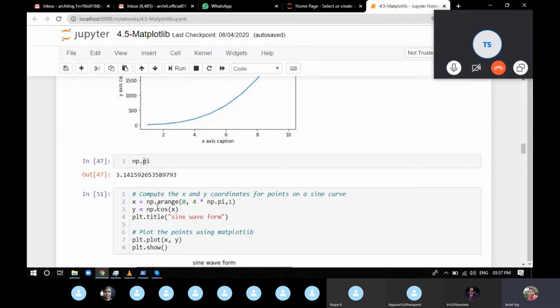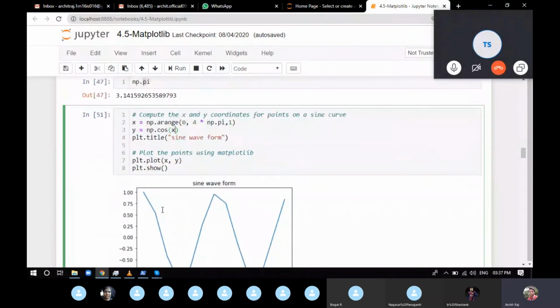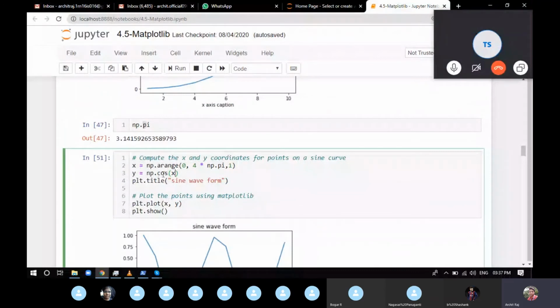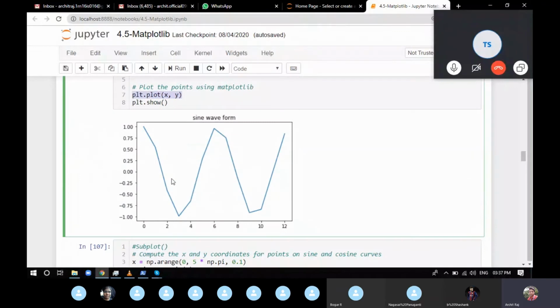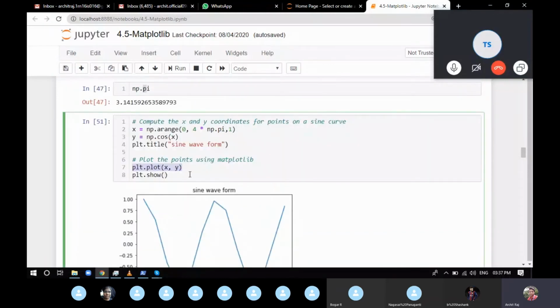We'll go for sine also. So for each and every value of x, we got a cos value and saved it in y, and we plotted using plt.plot. You can see this is kind of a sine wave, but it's a bit broken because we made our steps way too big. We got values for x1, x2, x3, x4, x5, x6, so we have bigger steps.